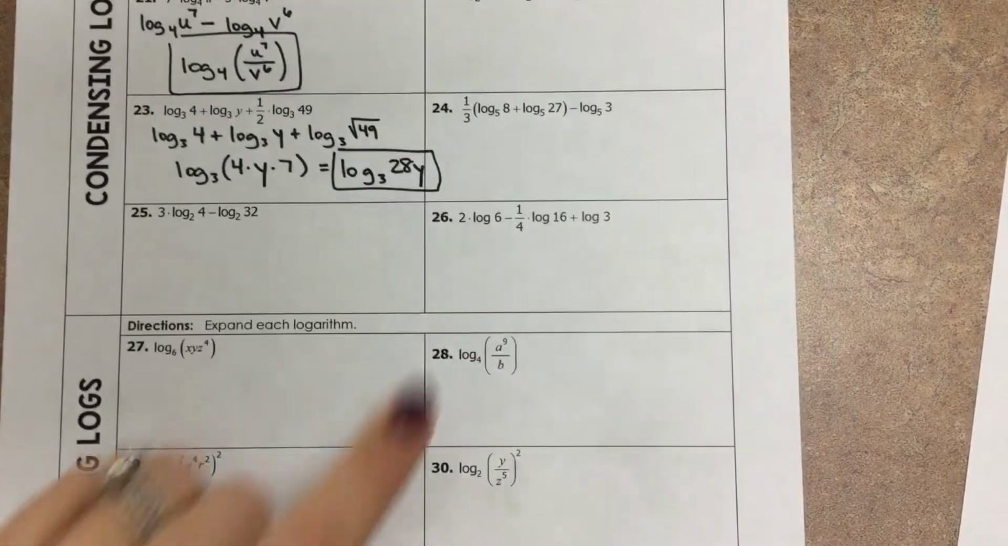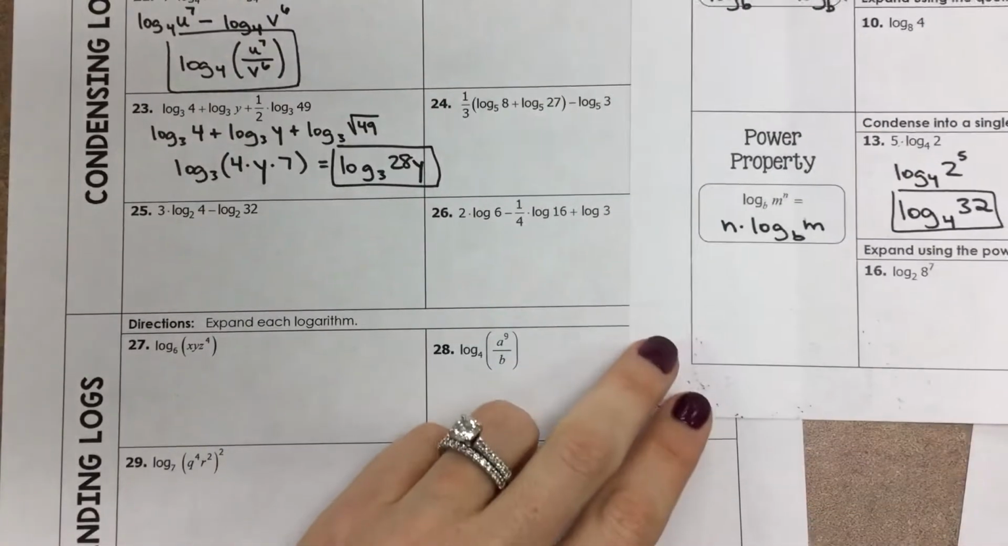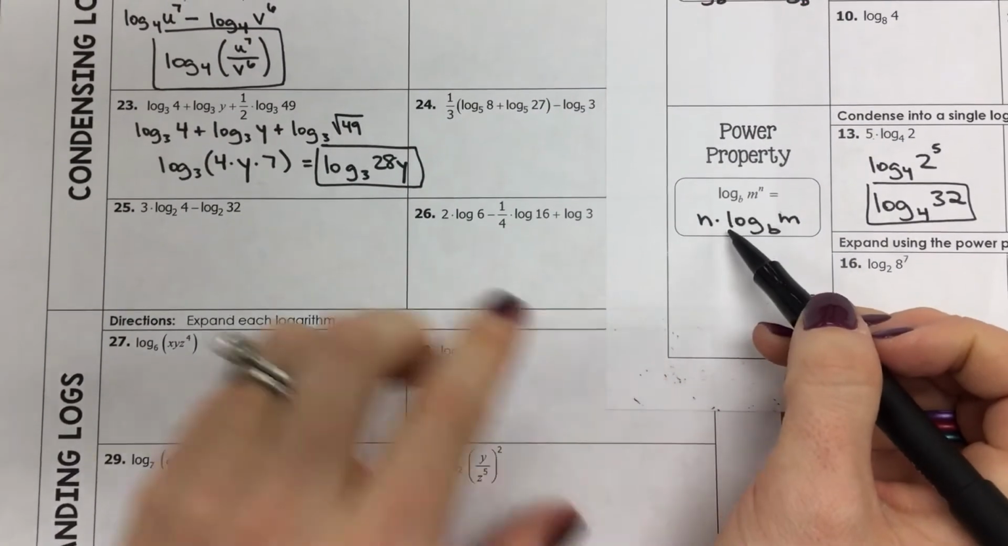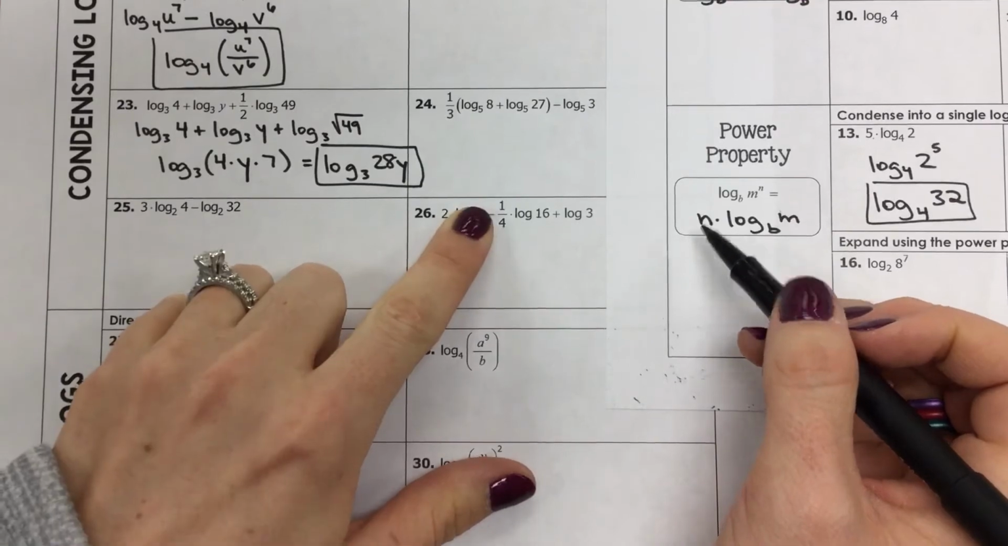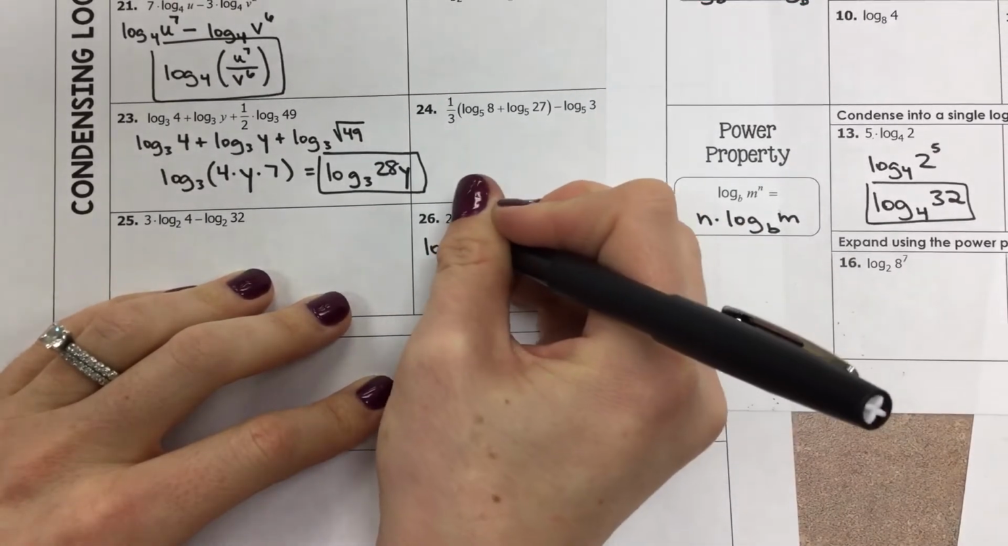Okay, we have one more of these in this section. We'll do number 26, and then we move on to expanding. So one more time, if you can do this property, that's what you should start with. So that's what the 2 does. The 2 comes inside as an exponent on the 6. So this is just a common log of 6 squared,